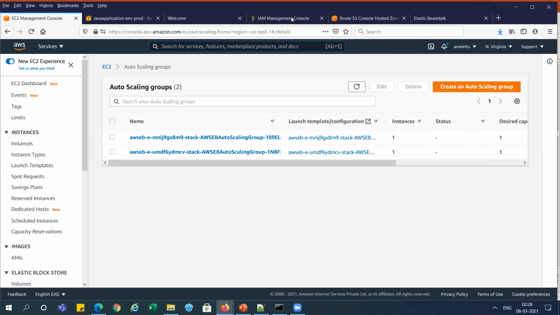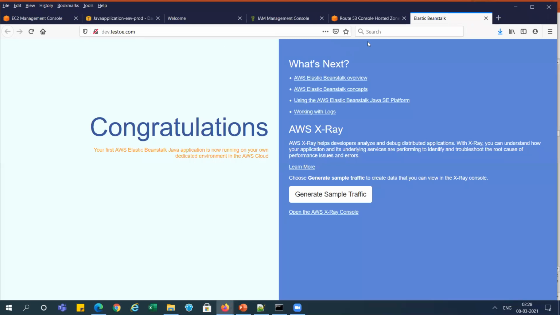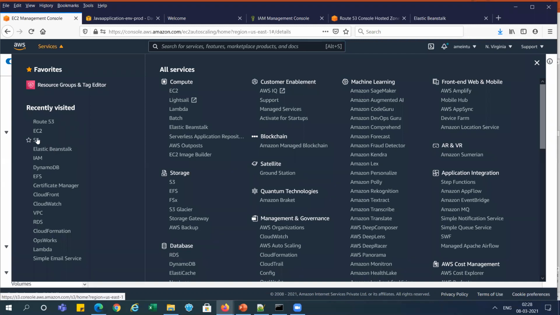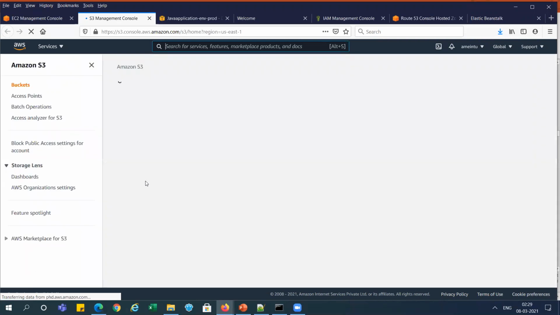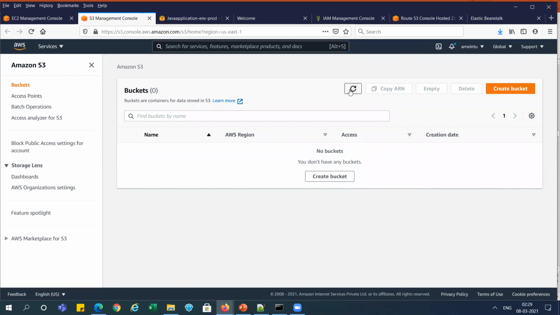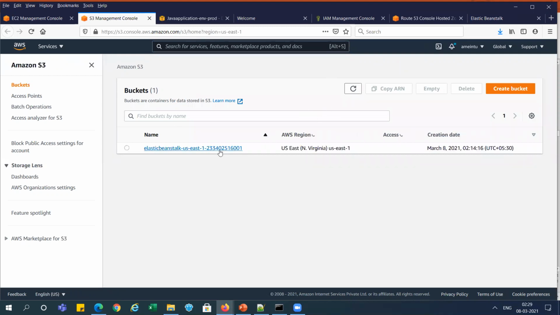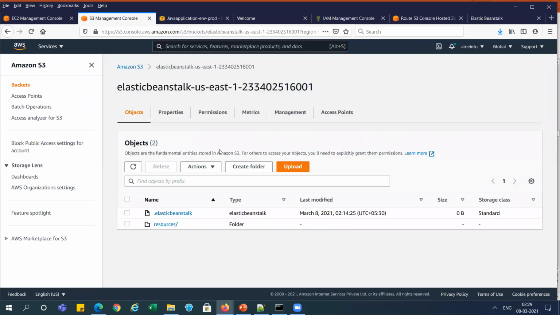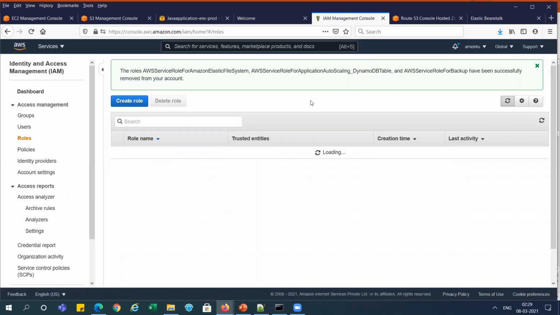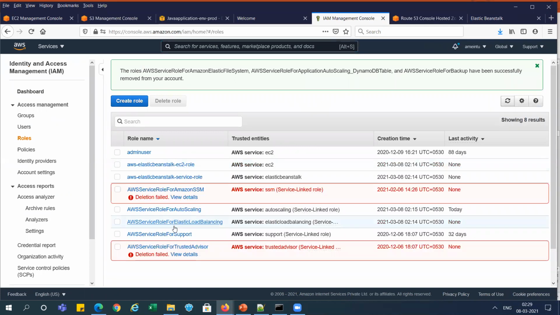And apart from it, we can see the S3 bucket, right? S3 I will show you. This bucket is there. You can see here it is creating two folders. And IAM role, I will show you how many roles we have currently. You can see it is creating roles for that, right?